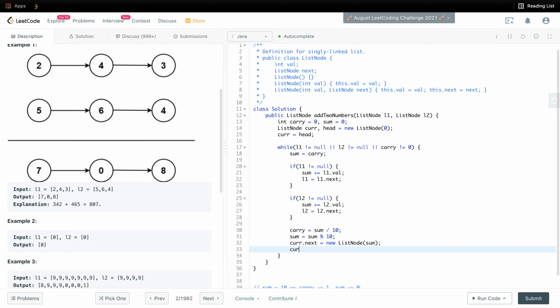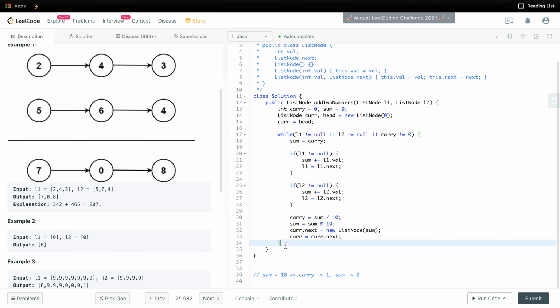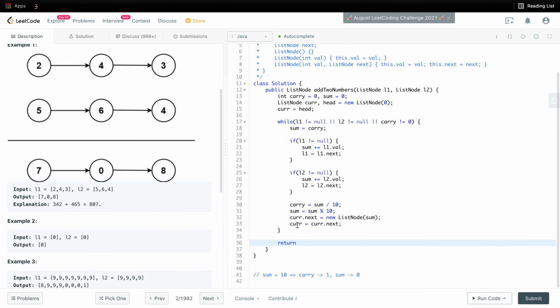Now we want to keep iterating till our summation is done, so we are setting current as current dot next. Now our summation is done. Then at the end we have to return. Carry has reached the end, so carry could be null as well. So we have to return head dot next.